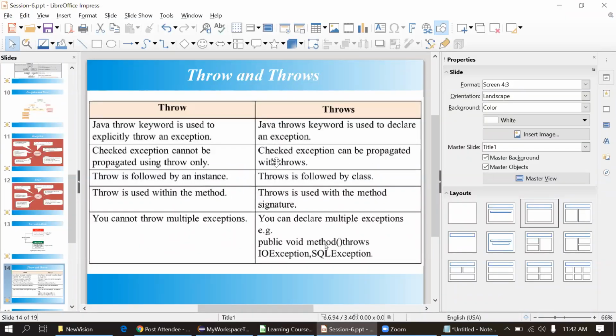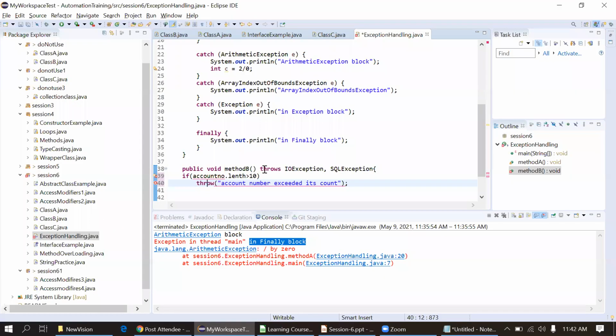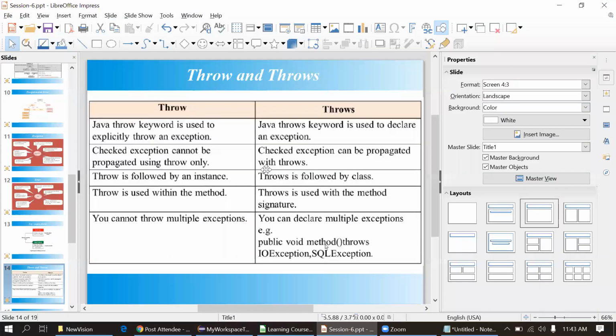Checked exception can be propagated with throws, meaning the exception I have shown you we can use with throws. So you should not worry about which exception can be put here, because if you're writing the code, you will get a suggestion asking you to add this exception with the throws keyword at compile time.